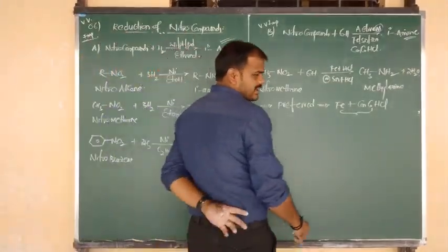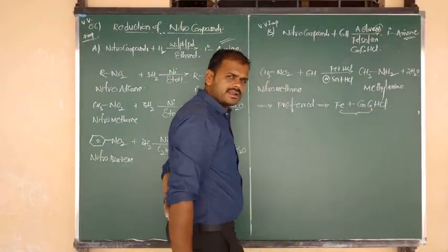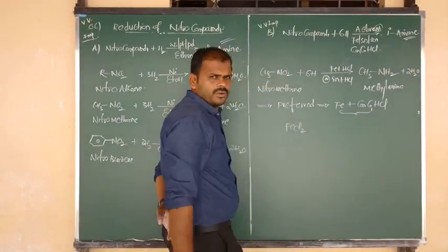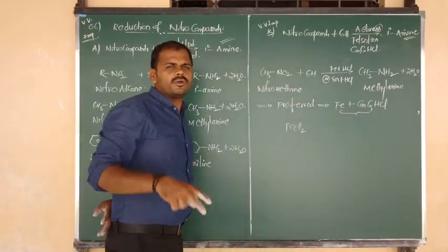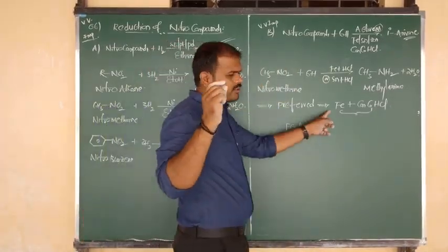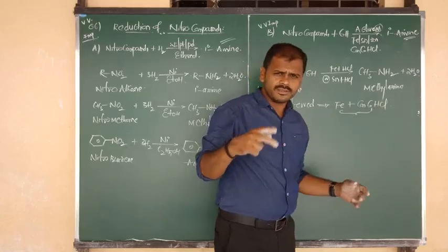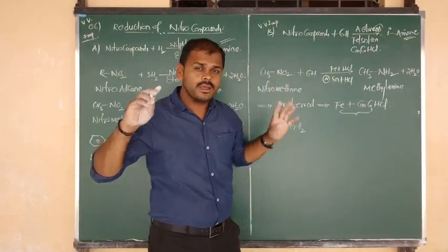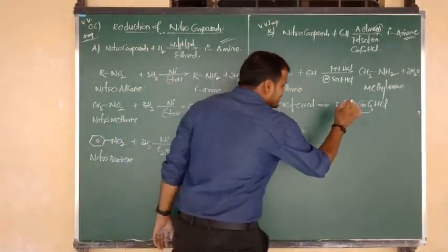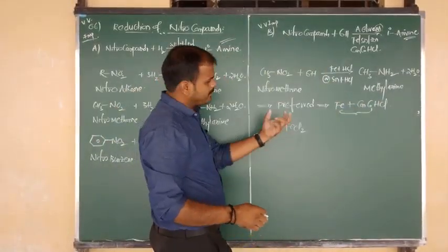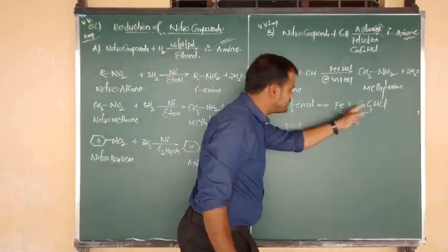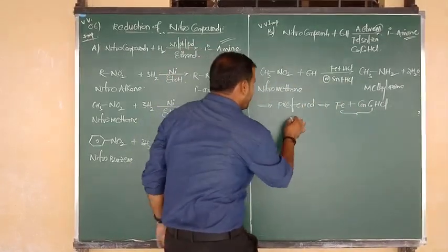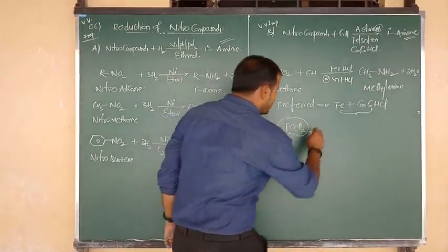The reason is, iron on reaction with concentrated HCl forms the product FeCl2, and H2 gas is released. Sir, how? We take 1 iron and 2 moles of HCl. The product is FeCl2, ferrous chloride, and H2 gas is released. When we consider this combination, both reactants react with each other and form FeCl2. But FeCl2 has a special feature.